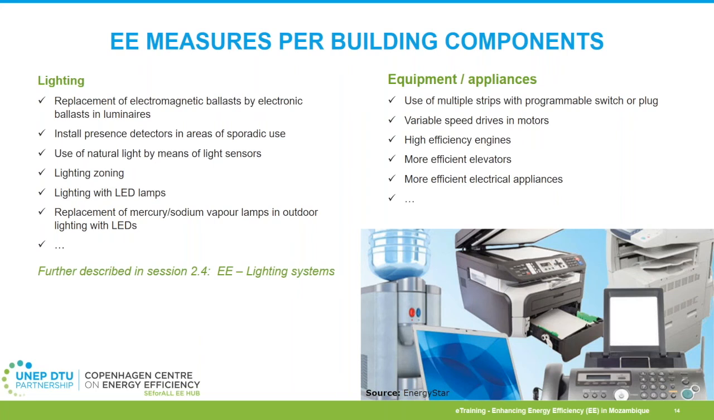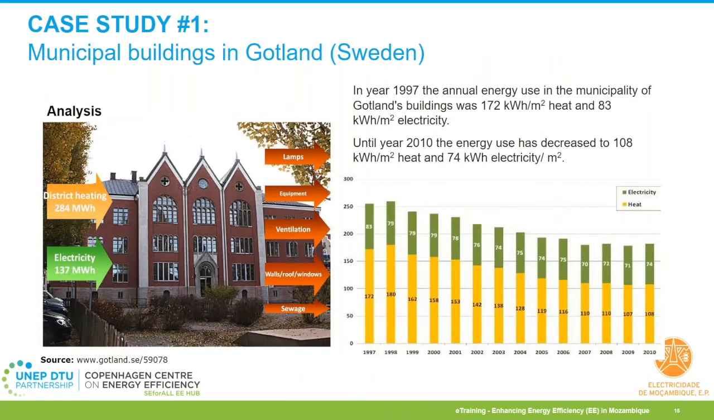In terms of equipment and appliances, energy demand can be reduced through the use of multiple strips with programmable switches or plugs, variable speed drives and motors, high efficiency engines, more efficient elevators, for instance, more efficient electrical appliances, among many others. Now let's have a look at some case studies of energy efficiency measures in existing commercial buildings around